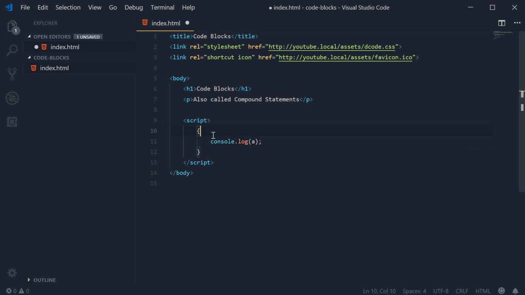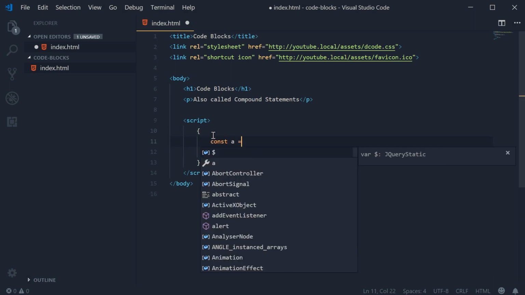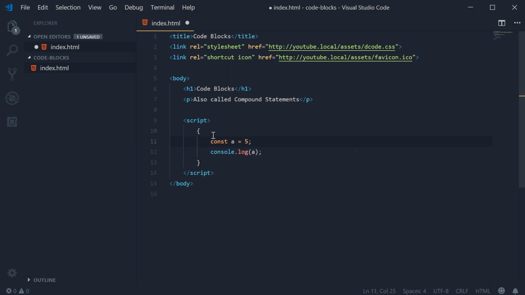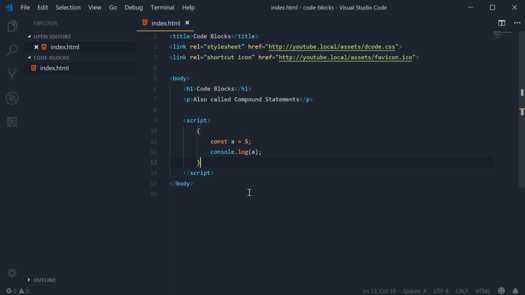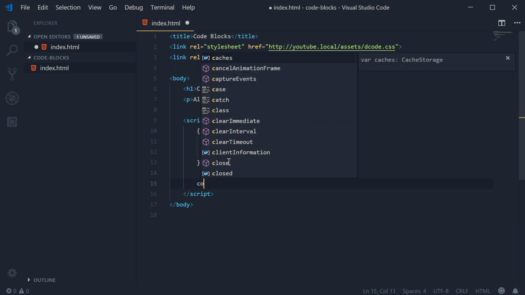I might just define a, sorry. So const a is equal to 5, okay, something like that. I can now save this and refresh, and we get 5 right there. So we can see it works perfectly fine. So with things like const and let, they are scoped to the block, which means outside this block, a is now undefined. So that's the standard rules for the const and let keywords,